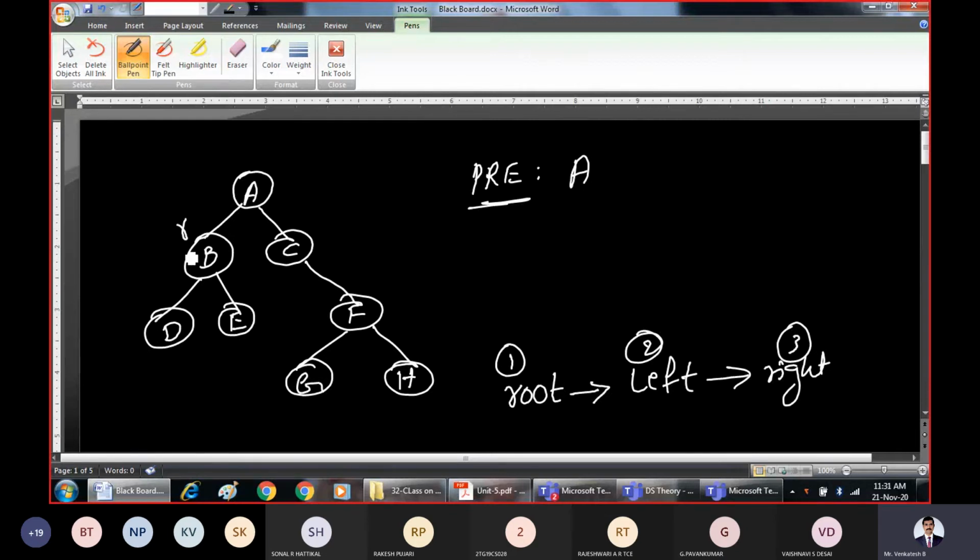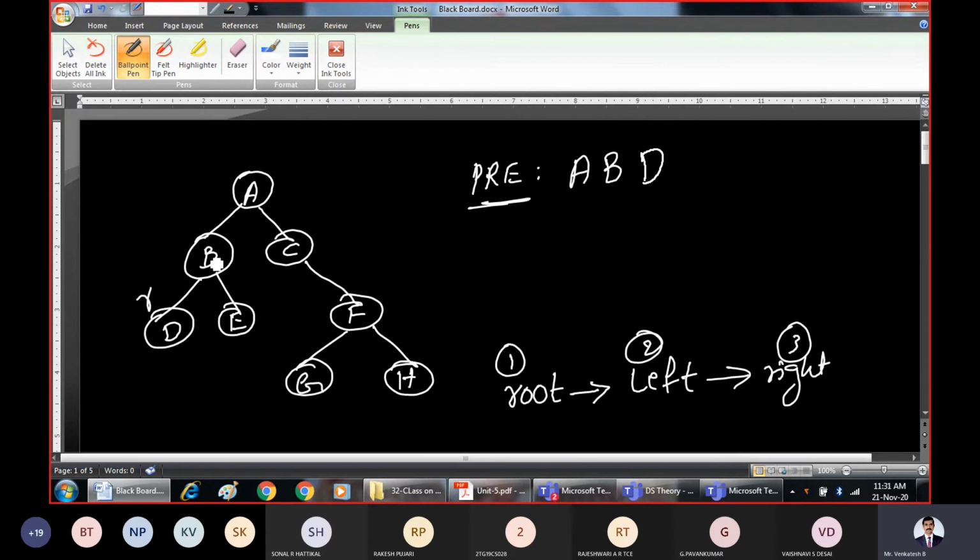So when you go to the left subtree, now B becomes the new root node. Process it. After processing, you should go back to left subtree D. Now this becomes the new root node. Whenever you are present at a root node, what is the procedure? Print the root node, left subtree and right subtree. First print the root node. Is there any left subtree? No. Come back. Is there any right subtree? No. Come back.